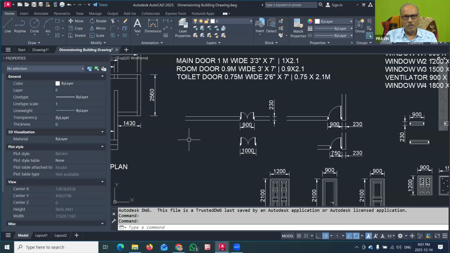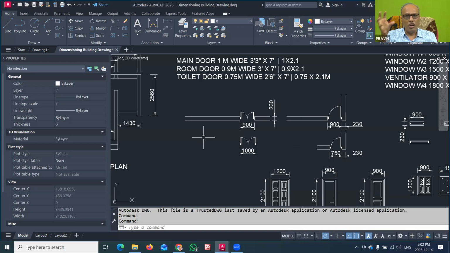So for that purpose, the important feature in today's session is creating the block in AutoCAD. Here the block is one type of rubber stamp. As we require some matter frequently, we get the rubber stamp ready so that every time we can mark that rubber stamp on the paper, and the content is automatically available on the paper. The same concept we can use here as a block, which means you can create a rubber stamp of various symbols.